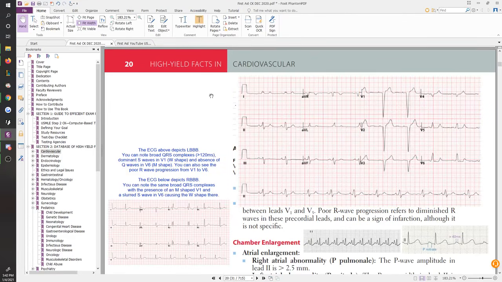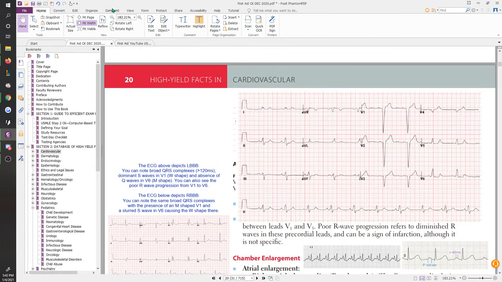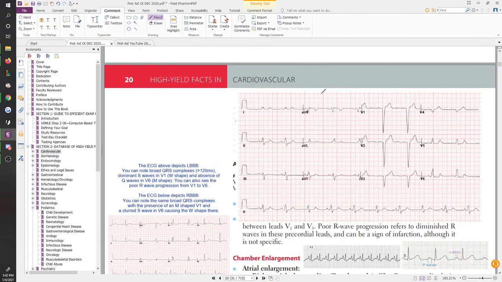So let's evaluate this ECG using everything we've talked about so far to make sure we see what we're supposed to look for. So as usual, you're going to cut it down half. In the middle, you're going to look for R wave progression, and right away, before you can even start looking for R wave progression, you can already see there's a problem.